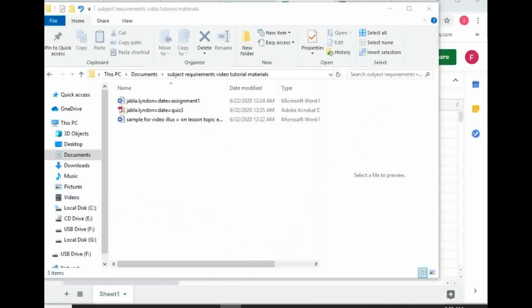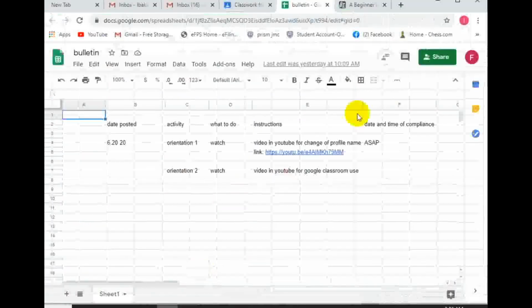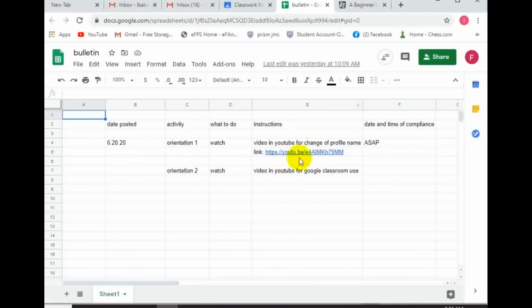Now we go to the last part of this orientation, and that is how to use the Google Drive. So again, the manner of submission will depend on the instructions that can be found in column E of the bulletin. So for example, if the instruction is to submit it on the Google Drive using the shared folder, then of course there will be a shared folder that I will establish, and then you simply